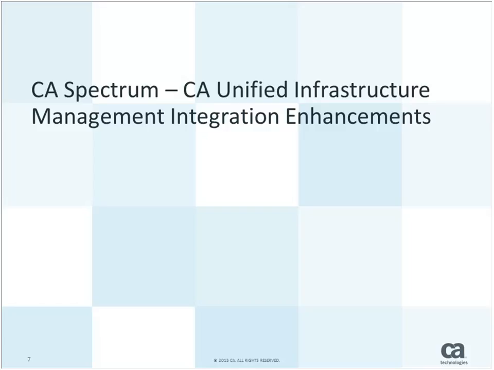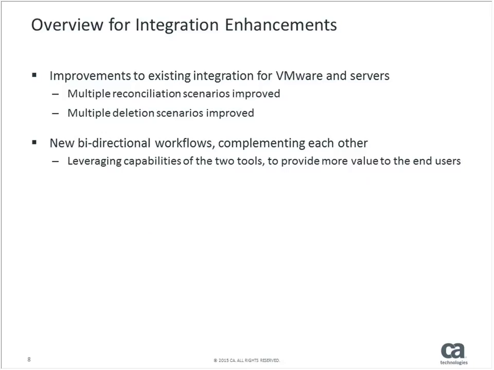The next topic, and one of the more talked about topics, is the Spectrum UIM integration. What we wanted to do was give a brief perspective on what it is, because I know there's a lot of discussion about the bidirectional workflows, but at the same time, we have spent a lot of effort and energy fixing some of the existing use cases with the current integration with servers and virtualization. So today, in the current integration that we already have GA for the last 12 to 18 months, we get the UIM inventory into Spectrum, and then Spectrum does its typical magic on that inventory with root cause, topology, and all that stuff.